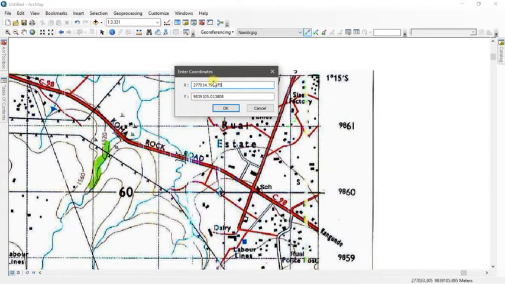Because the image adjusted itself, the error between the readings, the x and y values and the exact values, is very minimal. Like this one is supposed to be 277,000. This is supposed to be 9861,000. Then click OK. There you go.